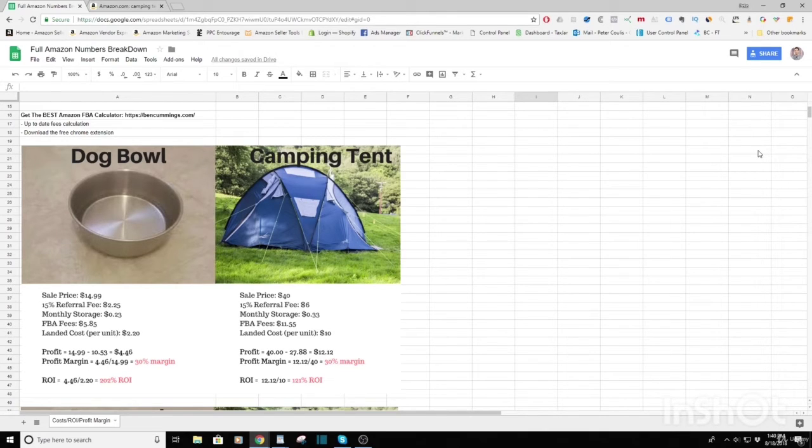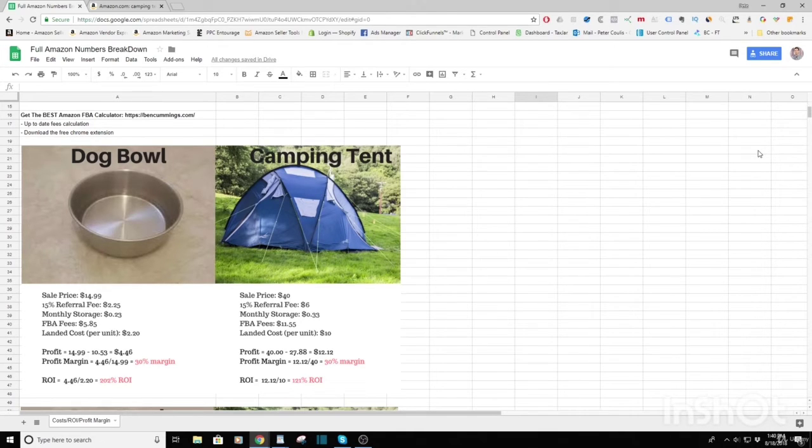So these two products have the same identical profit margin. They're vastly different in size, shape, appearance, cost, everything, right? But they actually do have the same margin in this example. And again, this is purely an example. These may not actually be accurate, this is just for example purposes. I just want you to know that. So yeah, they both have a 30% margin, but the thing you need to pay attention to is right below that,